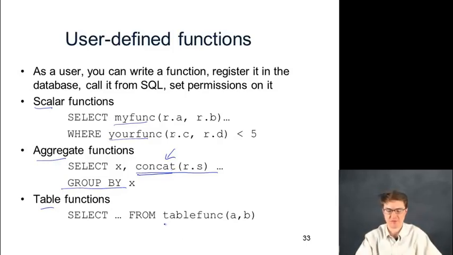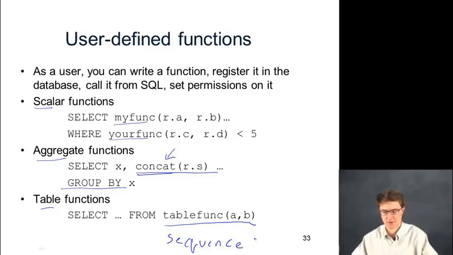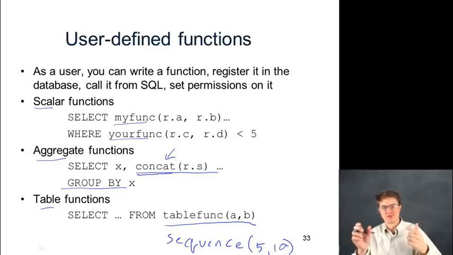Fine. And then table functions appear in the from clause, and they're arguably the most complicated. So the most common example you'll see here is some kind of table function that will allow you to define a sequence of integers. So sequence from 5 to 10. If you want to represent all the integers from 5 to 10 as a table,